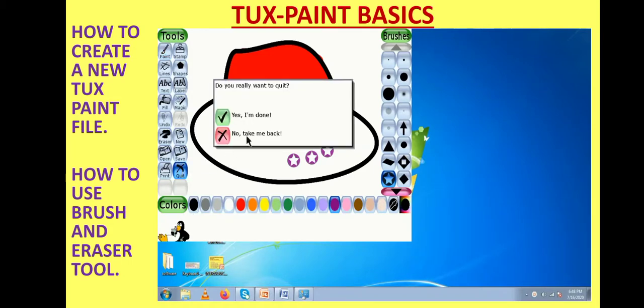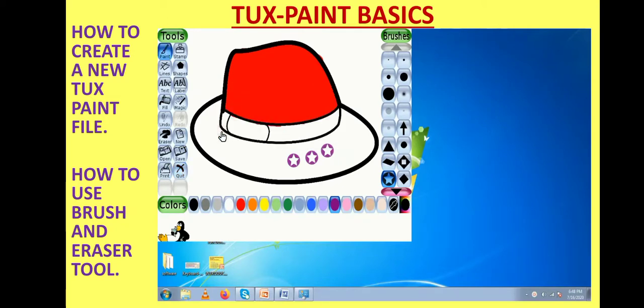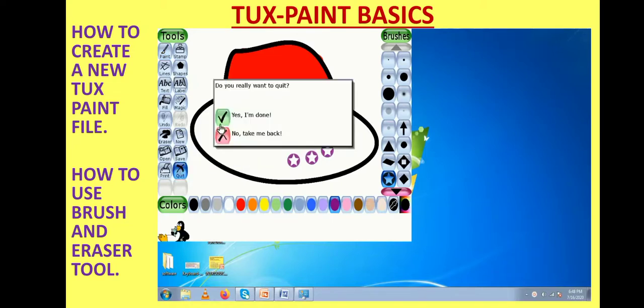When you are done, click on Quit. This type of window will appear. It will ask you, do you really want to quit? If you don't want to quit, then click on No. If you want to quit, then click on Yes. It will ask you, if you quit, you will lose your picture. Save it.